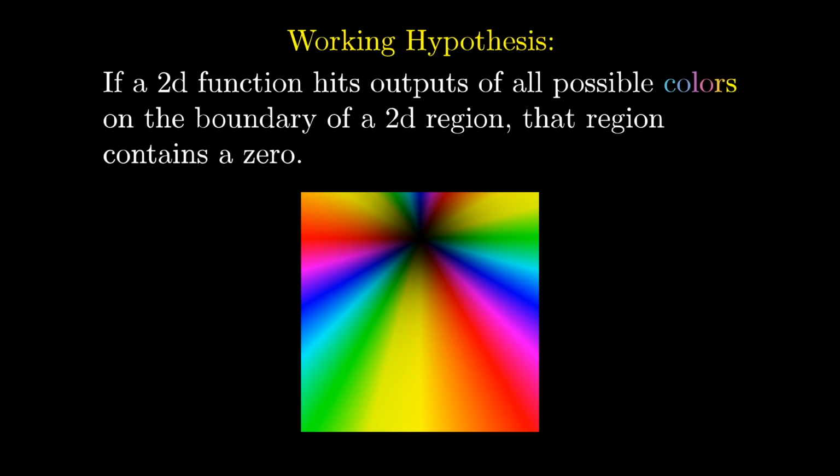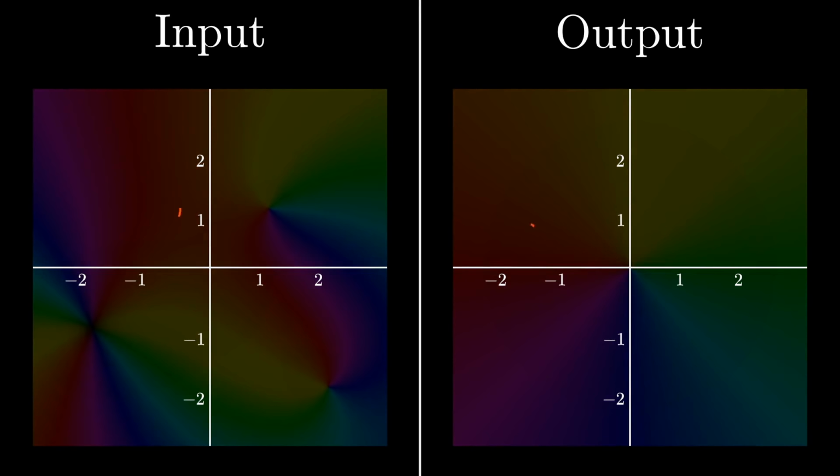why? If we start thinking about a tiny loop around some input point, we know that since everything is continuous, our function takes it to some tiny loop near the corresponding output. But look, for most tiny loops, the output barely varies in color. If you pick any output point other than 0 and draw a sufficiently tight loop near it, the loop's colors are all going to be about the same color as that point.